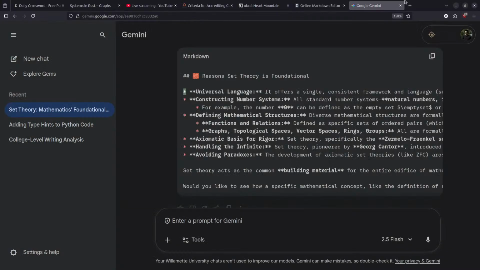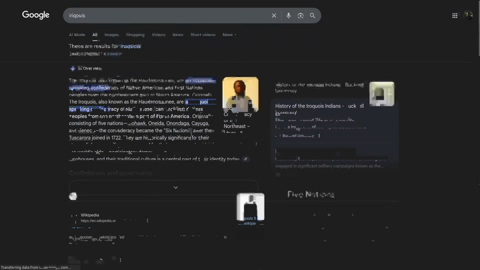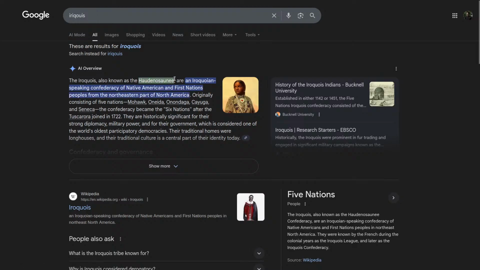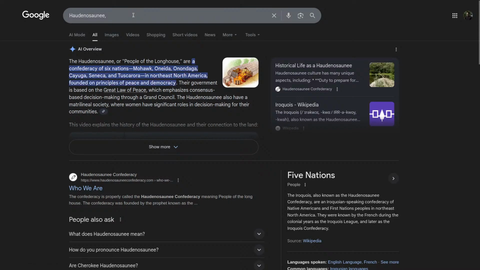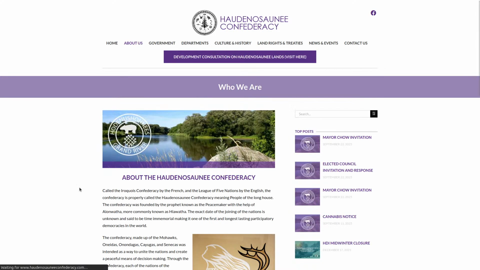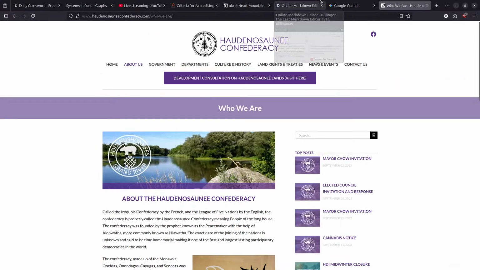I forgot we're doing land acknowledgements today. This is not the name of the people. Can I say that? Haudenosaunee. The Haudenosaunee are really cool because if you go to their website and read their origin story, it actually goes back before recorded history, which is extremely rad. I haven't seen that very often. This website is very cool. You can check them out. But the About Us is real cool. Anyways,